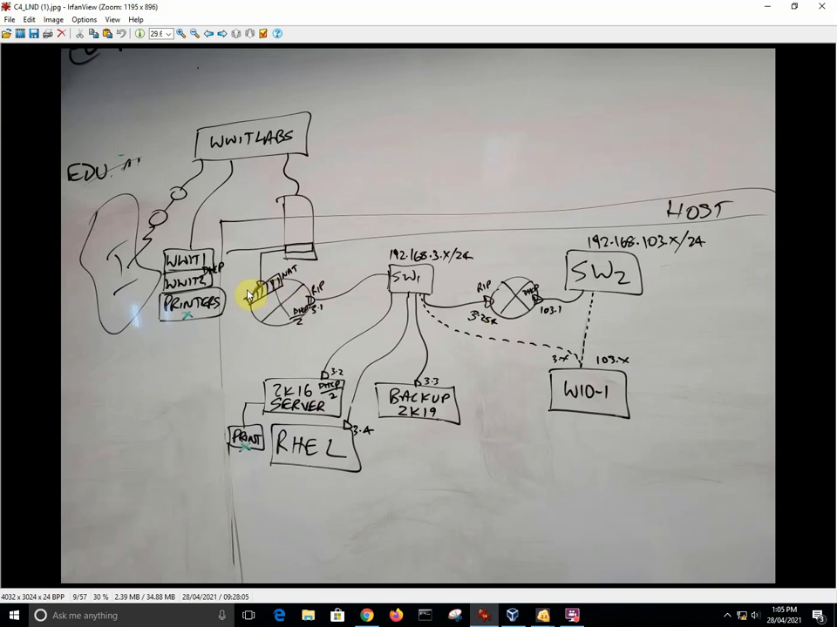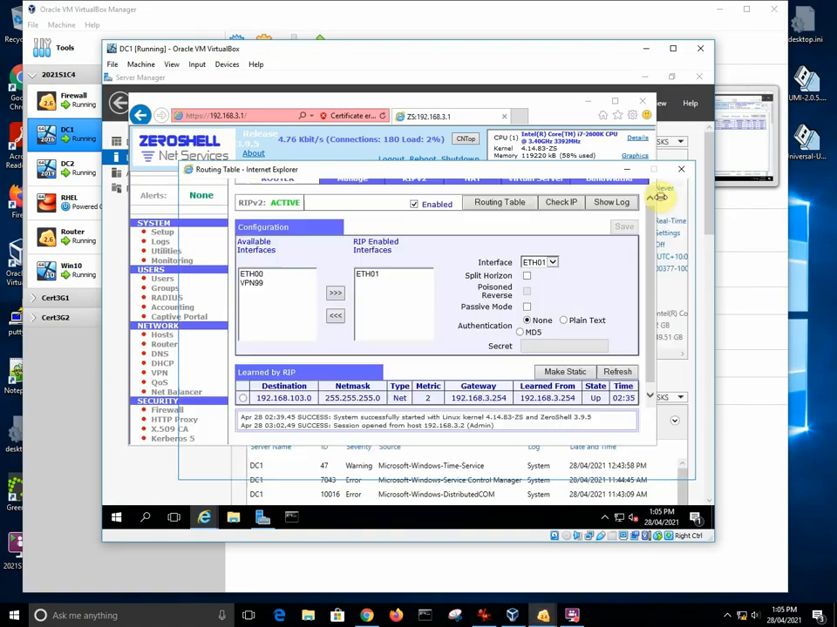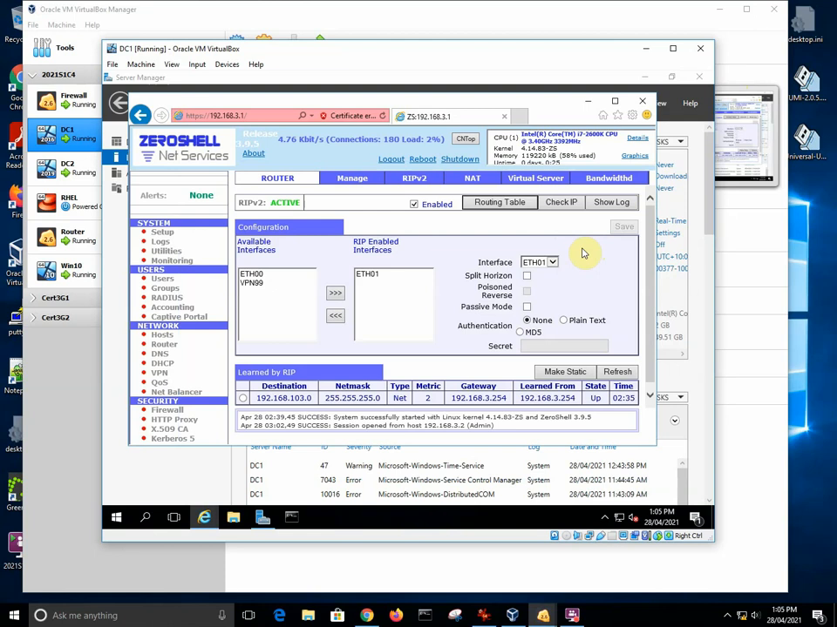Okay, so in order for packets from this machine here, our front firewall, to get to, say, our Windows 10 machine out here, I have to go through this router, through that interface, 3.254. Okay, so it looks like the setup on these routers has already been done. So what I'm going to do is open up another tab, and I'm going to put in the second router's IP address,